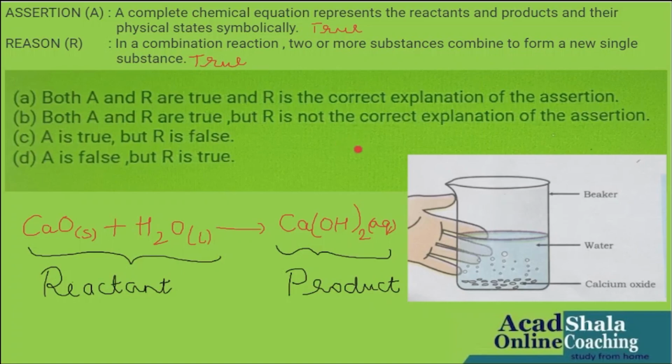I have written this. Now I'm seeing that both my individual statements are true. But the reason statement is not showing any correct explanation of the assertion. Not at all. It is individually true, but it has nothing to do with the reason for the assertion. So what will I do? I will check which among the 4 options I should choose. Both A and R are true, but R is not the correct explanation of the assertion. So I will choose B.